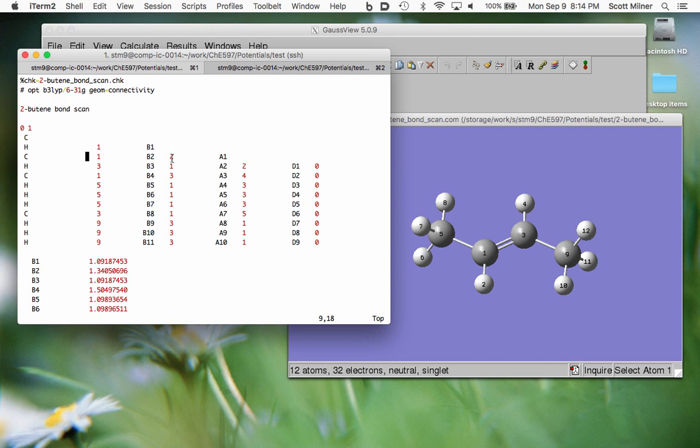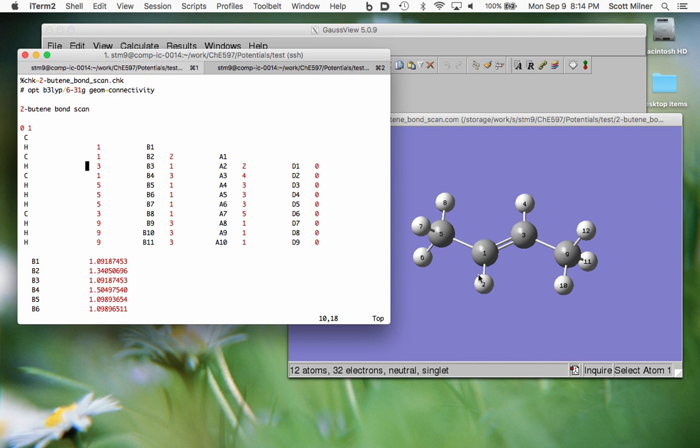and then it has an angle 3, 1, 2 defined by that carbon I just added, this one, and the hydrogen that was there before, with an angle A1. The next hydrogen is atom 4, okay, this one here, bonded directly to 3 with a bond length of B3, an angle 4, 3, 1 with an angle A2, and then a dihedral 4, 3, 1, 2 with a dihedral D1, and so forth. Okay, now you can see that there'd be many different ways of constructing a Z matrix,